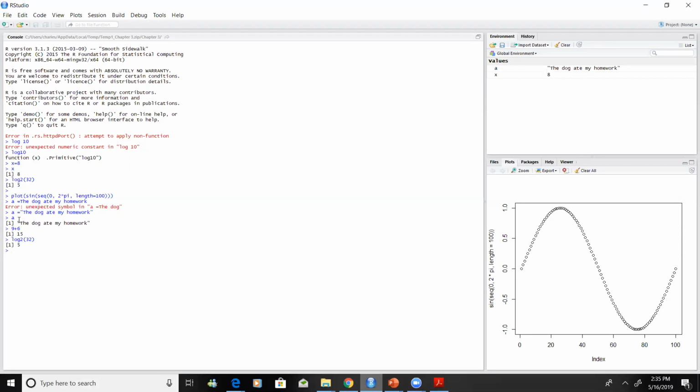R also comes with a lot of packages. For example, we have packages for computational biology or bioinformatics, which we call Bioconductor. And there are so many different packages for machine learning or data mining. We have packages for most of the algorithms, for example, decision trees, support vector machines. We have all the packages for